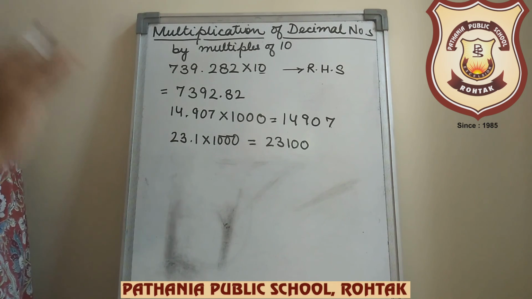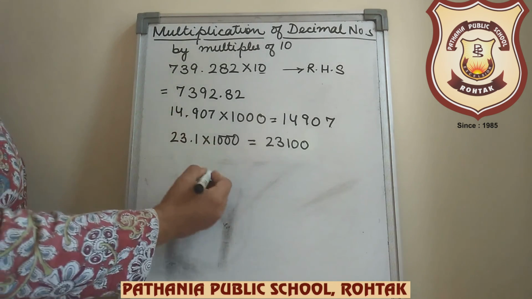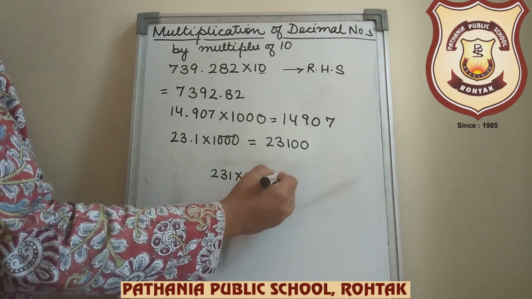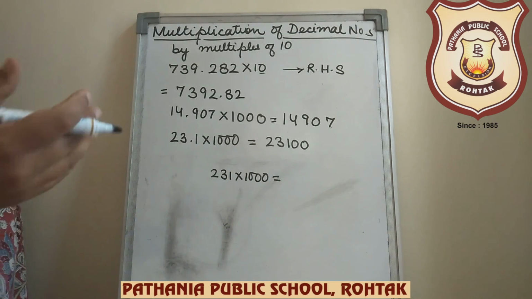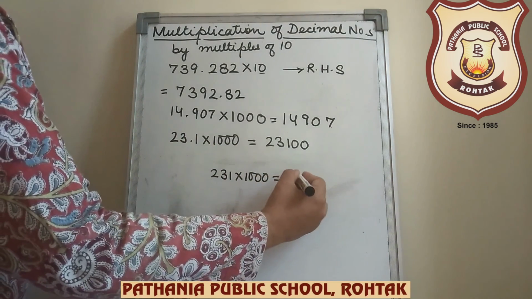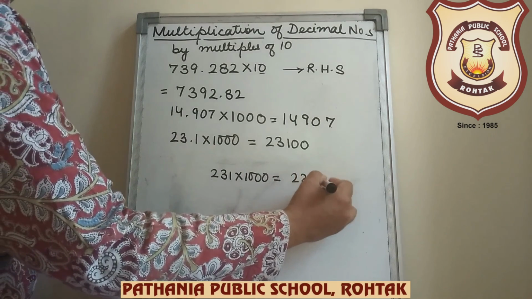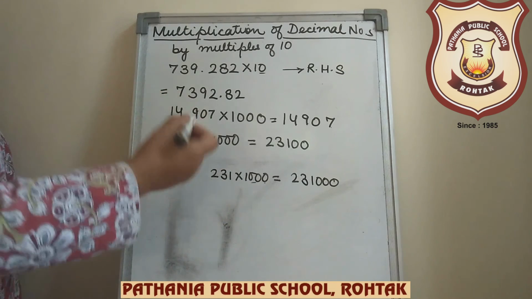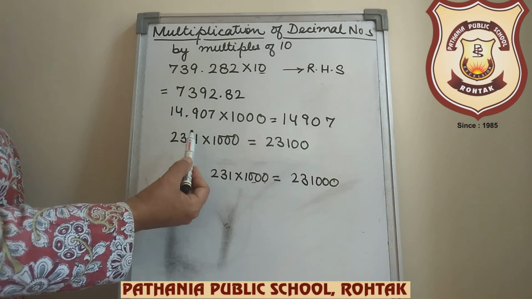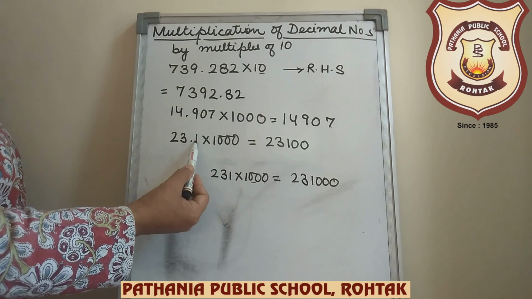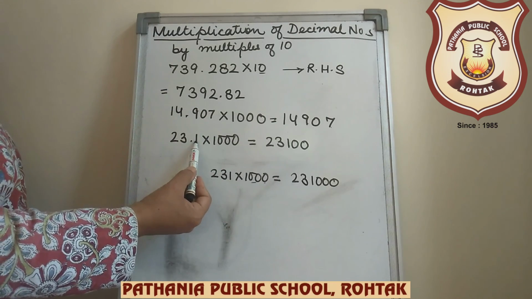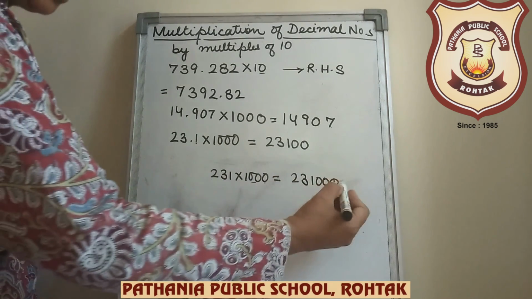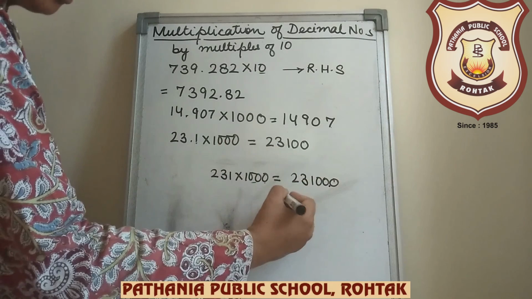Now, why do we do this? Because when we multiply a simple whole number with multiples of 10, we just straight away write the answer, as many zeros as there are. Now, when we have to put the decimal, there is one digit after the decimal. So similarly from the ones place I will put the decimal as there is one digit. So I'll count 1.